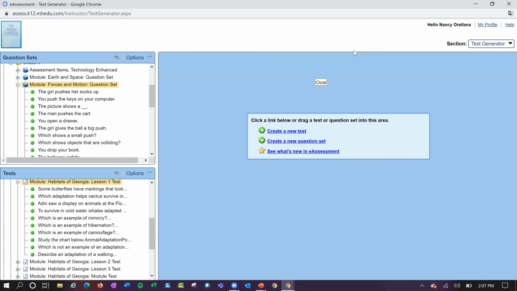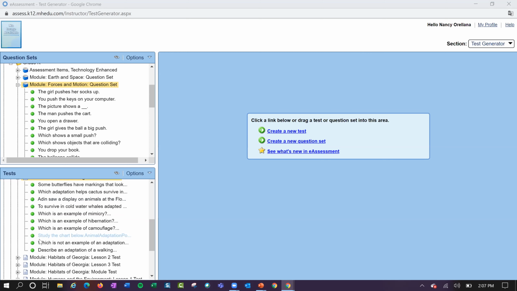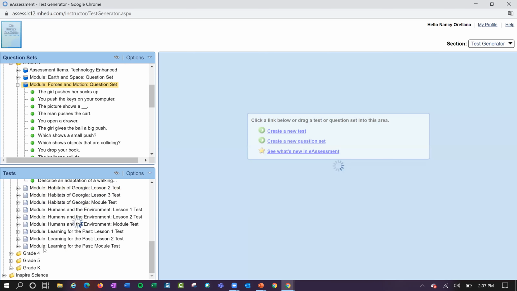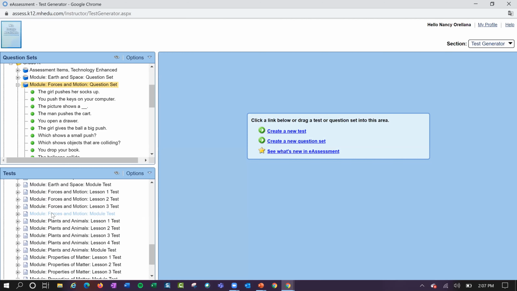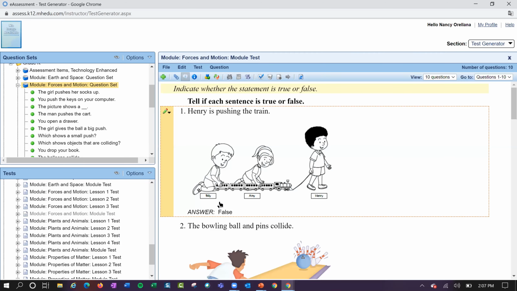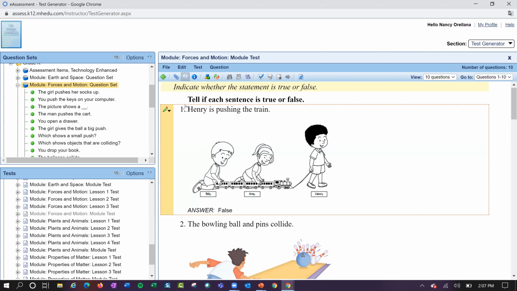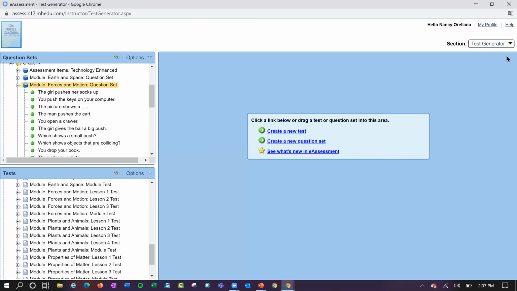I see another question. Any read aloud options? So inside of eAssessment, let me just double check that before I say no, but let me pull from the questions down here from the module test. But I believe eAssessment does not have audio or read aloud for each question. So the teacher would actually have to read aloud for the students, or, depending on how they're doing it right now at home, the parents or a sibling might have to read the statement aloud for the student. Okay, so